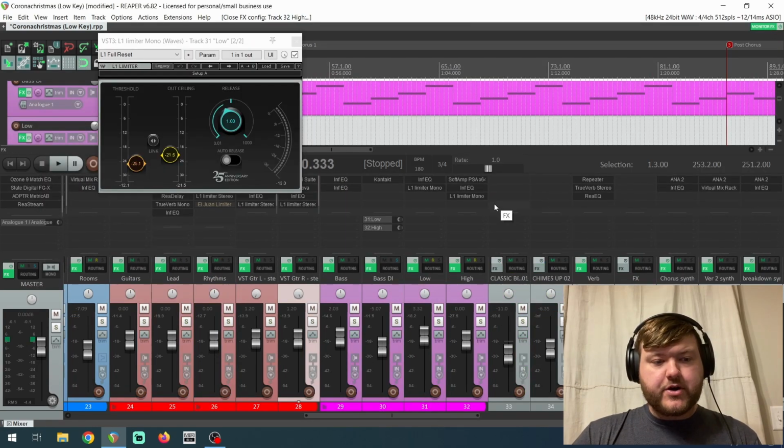All right, so now let's jump on over to bass, and this is one of the most common reasons I would reach for L1. So a typical bass processing chain for me is to take the DI, send it to two different tracks, and split it into a low and a high. And